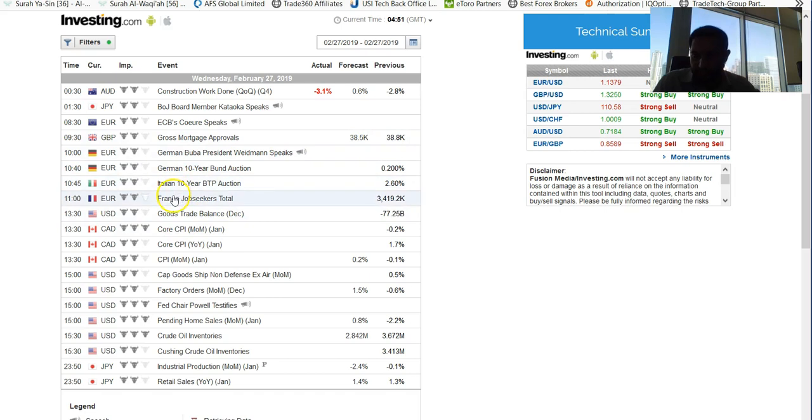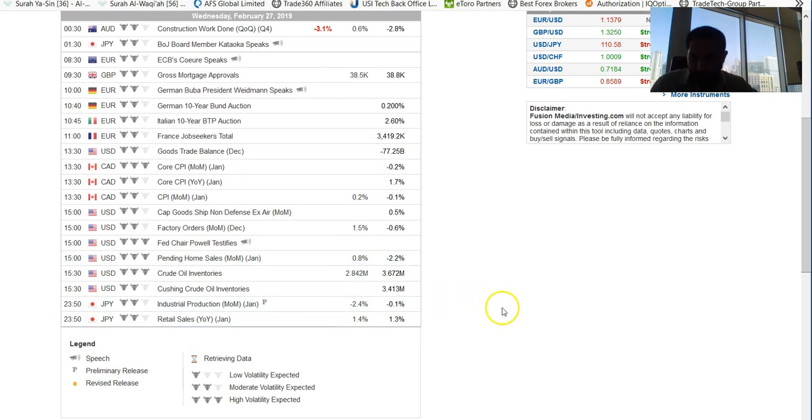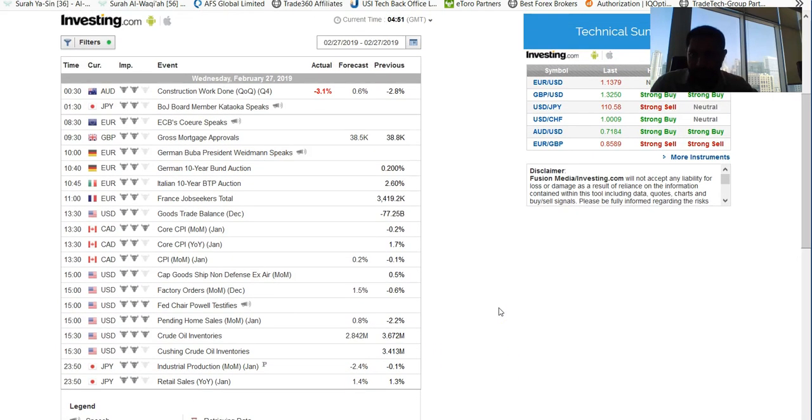From Eurozone, there are a lot of news, so we will see in Euro USD a big volatility, and we expect that the news are going to be positive. This time from Canada at 13:30 GMT, we are expecting a core CPI, so be ready for a really great volatility, as today is also Wednesday and it's weekly inventories for the US oil. You need to be ready as well, as Japanese industrial production and retail sales are there from Japan. So we do expect a really big volatility in the market